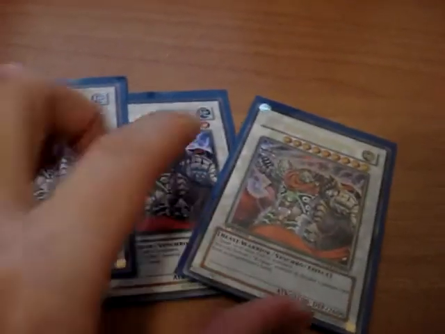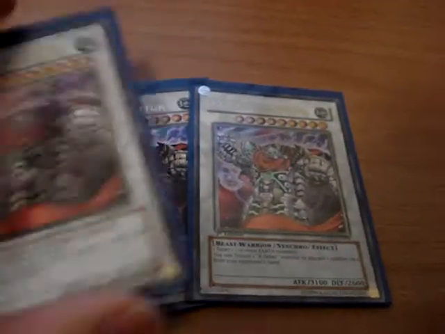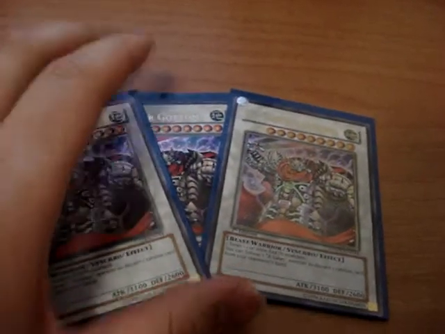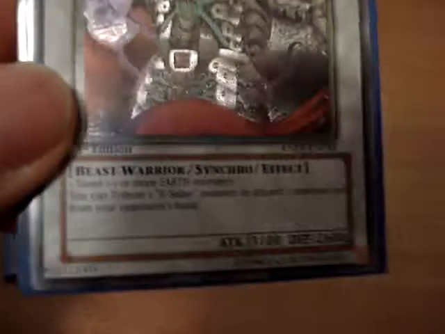So when he's out on the field, tribute an X-Saber to get rid of 1 random card in your opponent's hand. You could use it as many times as you want in a turn, even including tributing himself, and he's got a nice workaround where you can synchro summon him with Earth tuners as well. Doesn't have to be a non-tuner, so it's pretty sweet. And of course, 3 Ojama Yellow...